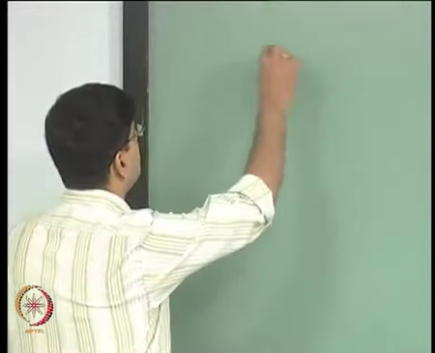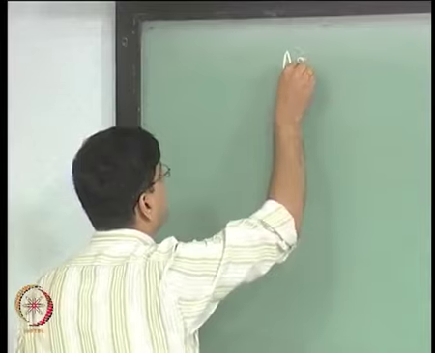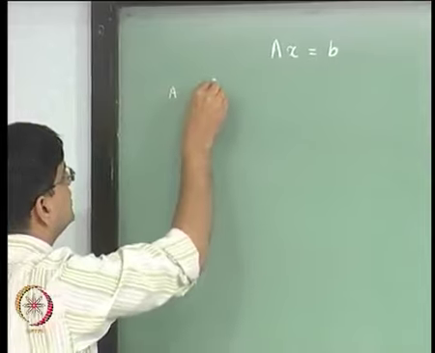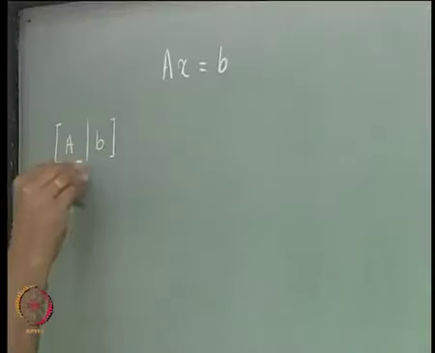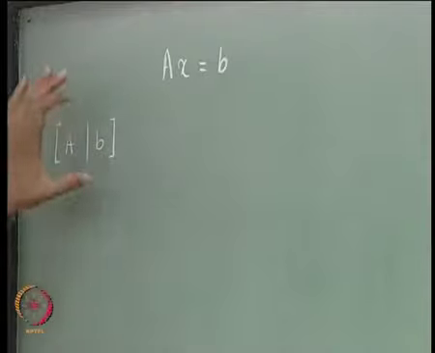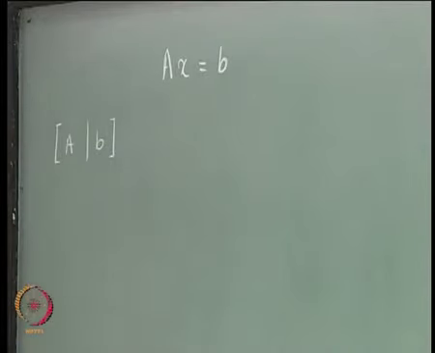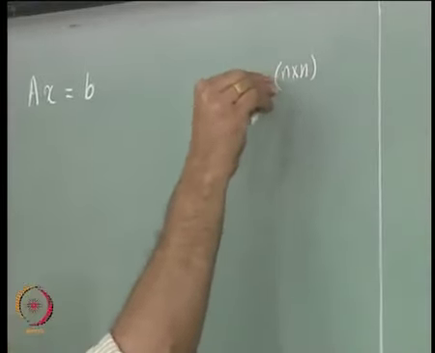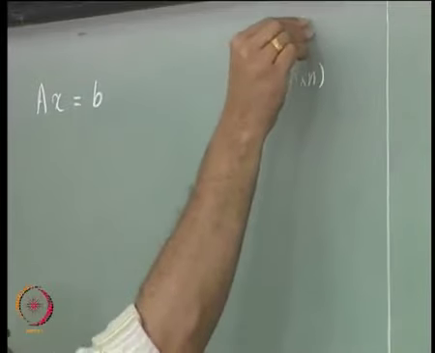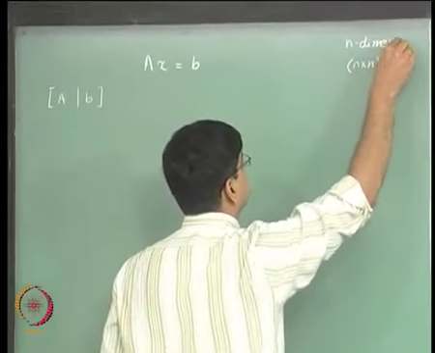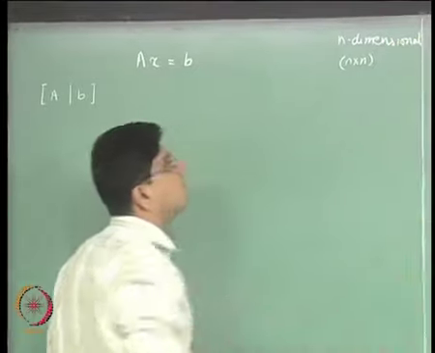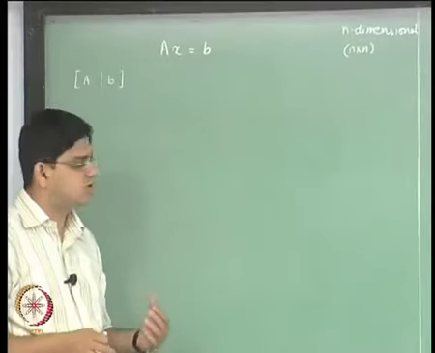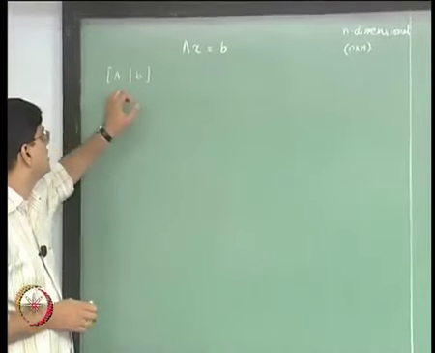Okay. So again the problem that we have is Ax equal to b, and the first step is to create a matrix by concatenating the columns of the vector b with the matrix A. We will consider an n by n size matrix A, so this is an n dimensional problem. Although we have discussed partial pivoting earlier, we are not going to consider partial pivoting at all in this discussion,